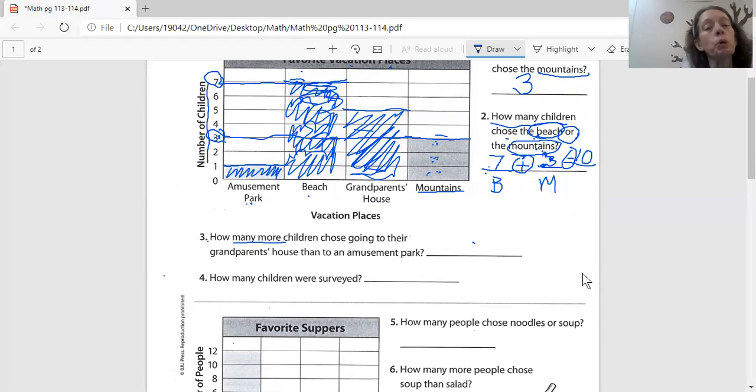And when we study word problems, we know that many more means to subtract. So if I'm doing a number sentence, I'm going to have